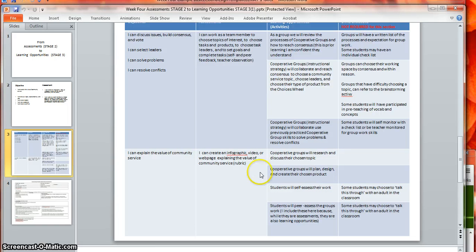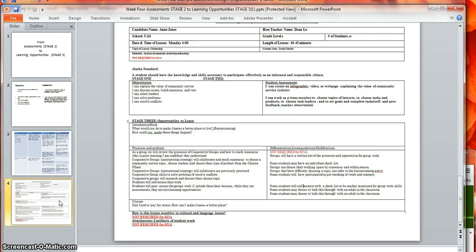Okay. What does this look like when I put it back on the template? So we've got the stage 1. These are the objectives I started with. We've seen those before. Then my assessments here. And then stage 3,